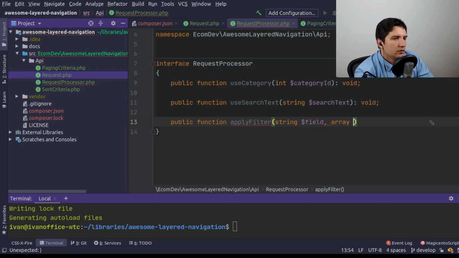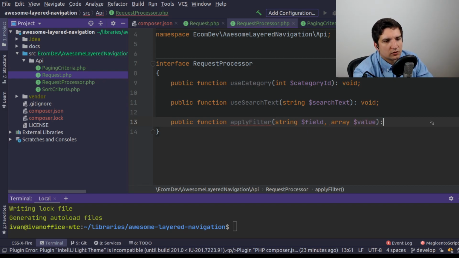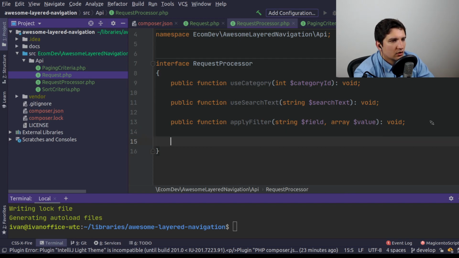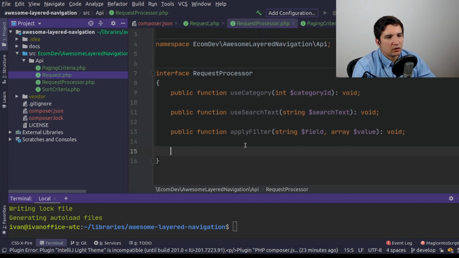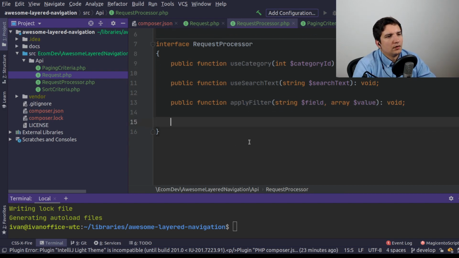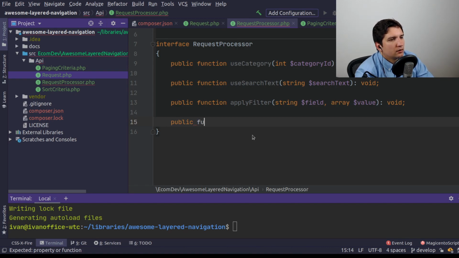probably an array of values, because it can be either one or multiple ones, right? Or it can be a range. So for us, it doesn't matter what's the internal implementation of the filter application. Then we can also specify something like